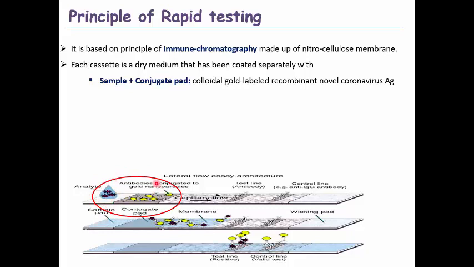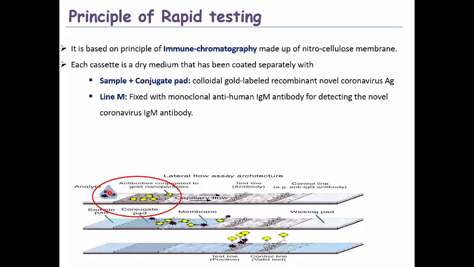Which is made up of colloidal gold labeled recombinant novel coronavirus antigen. So we are adding the blood or the plasma or serum of the patient which contains antibody, and in this conjugated pad we have provided antigen of coronavirus, that is mostly the N protein. Okay, that is nucleocapsid protein. So when I add the sample, if it contains the antibody against coronavirus antigen, then it will form an antigen antibody complex. Okay, so this is the first step,